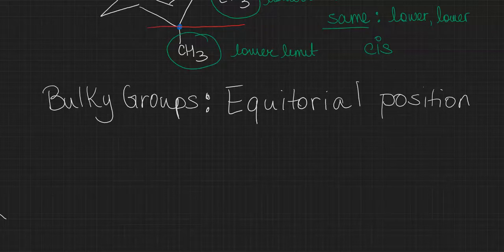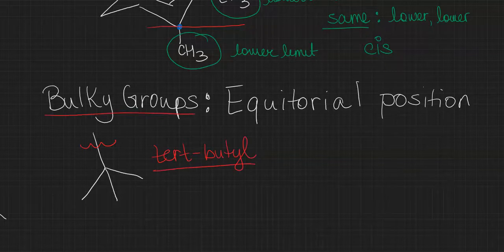When we talk about bulky groups, we're talking about tert butyl. You typically see tert butyl as your bulky group. We always want a bulky group to be in the equatorial position because that position will be the most stable, and also because it relieves